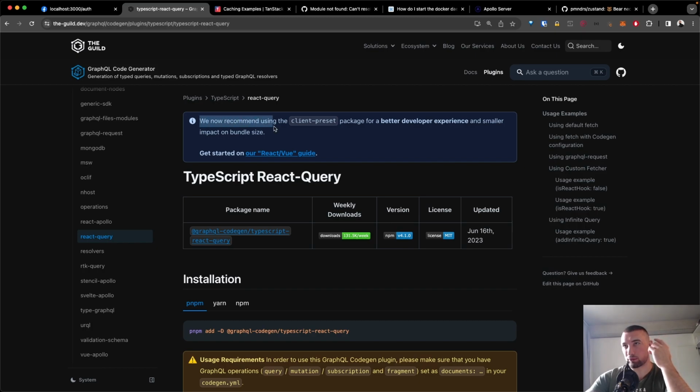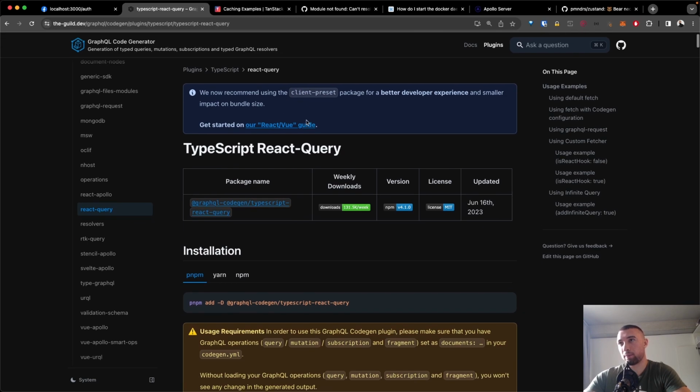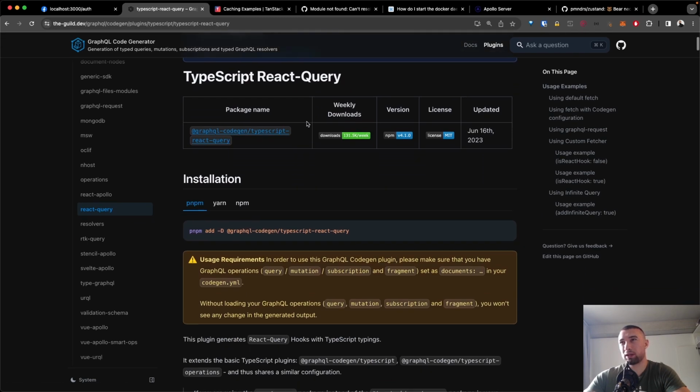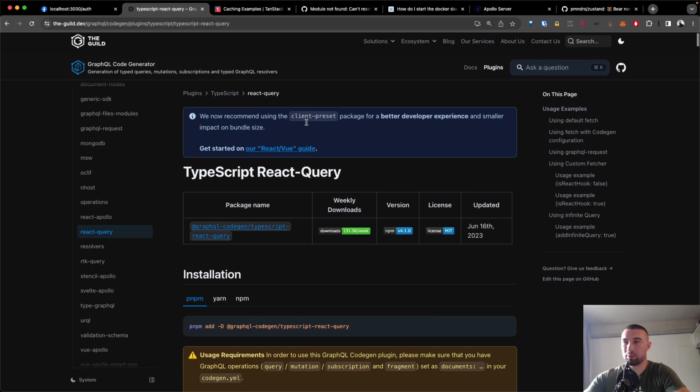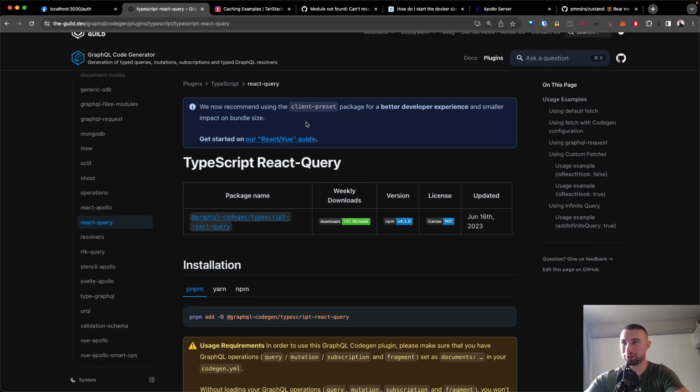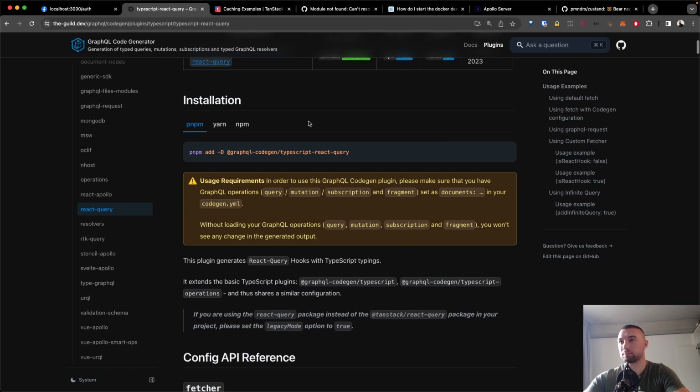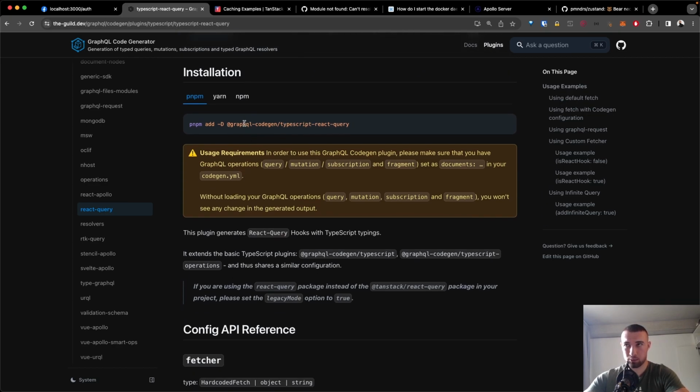Right here, for example, they recommend using the client preset, and I also tried that out, but I didn't like the way it was structured and the way it generated the types. I don't want to discuss this at length. You can try it out on your own if you want, because it takes a lot of time to dive into it. That's why I just use this plugin,